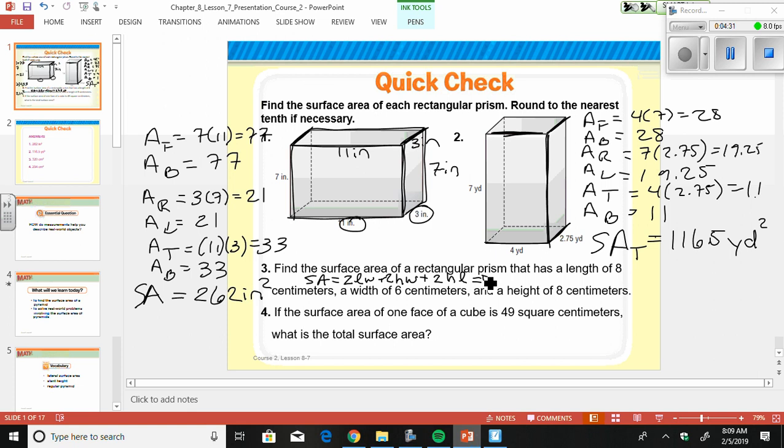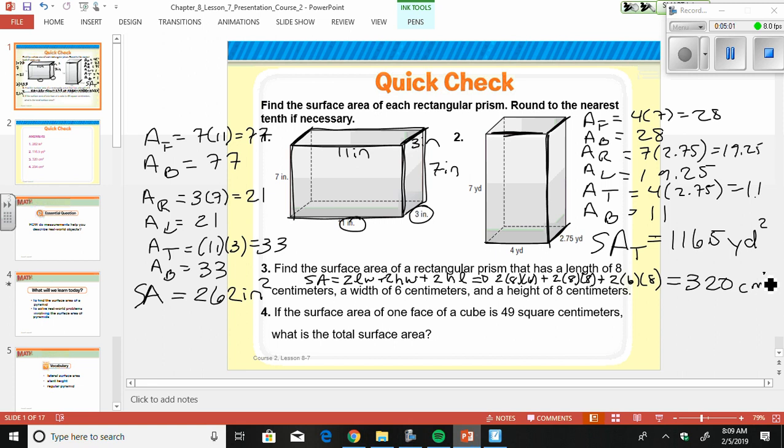So that would be 2 times 8 times 6 plus 2 times 8 times 8 plus 2 times 6 times 8, which is 327